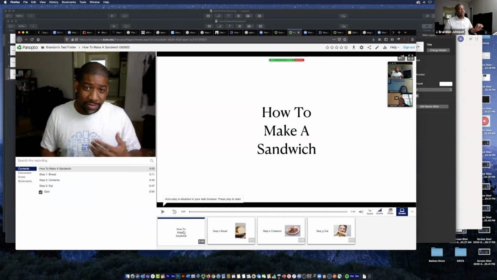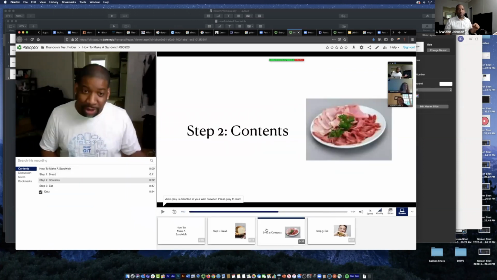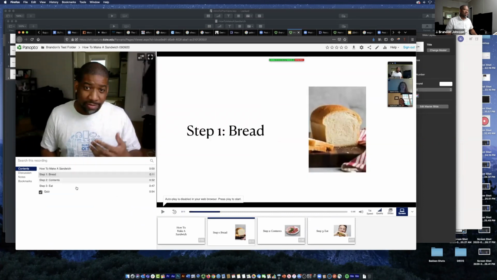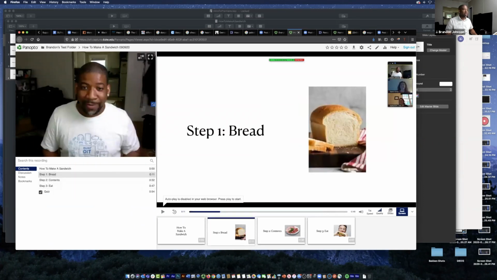So as you can see at the bottom here, it actually goes through and looks at your Keynote slides and makes marker points throughout your presentation that reflect those Keynote slides. On the left-hand side here, you can hop between them, but you can also click on the slides down here. If I go to Edit,